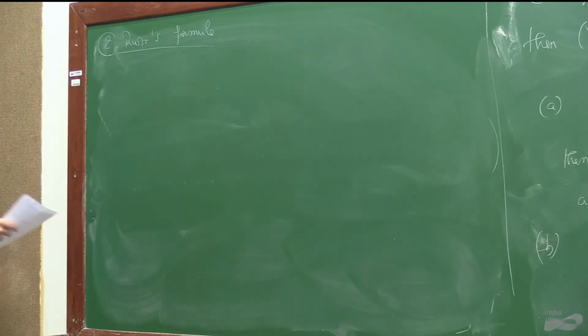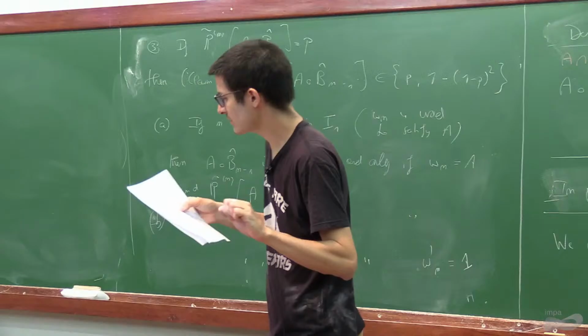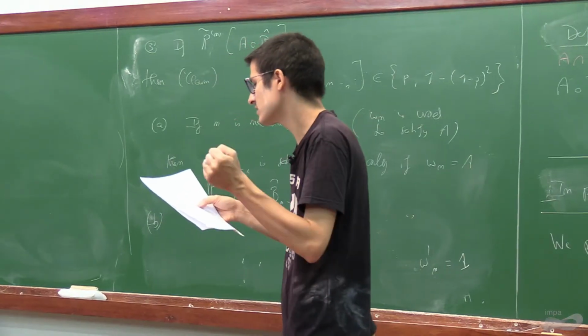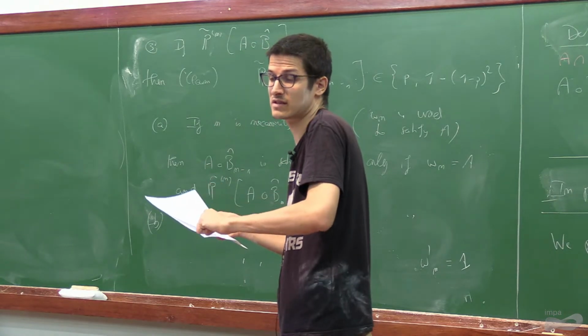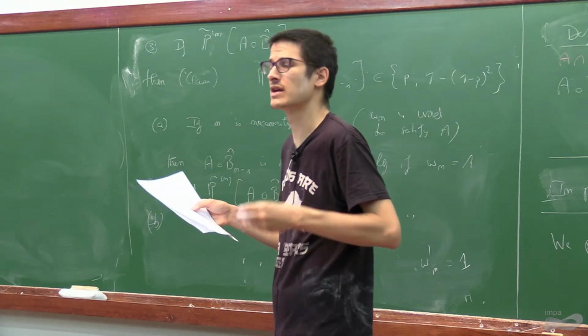So I'm now going to introduce another definition, which is the notion of pivotal edge for an increasing event. Basically an edge is said to be pivotal for an event if it's of crucial importance in the sense that if it's closed, the event is not satisfied, and if it's open, then it's satisfied. And we are going to consider increasing events.